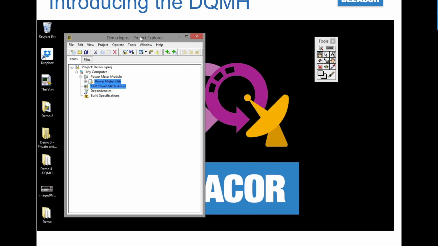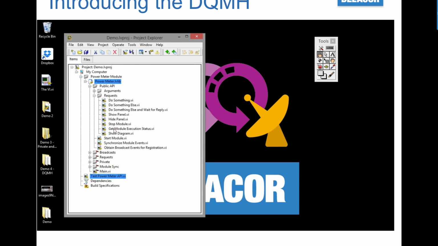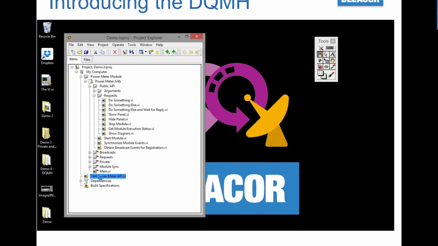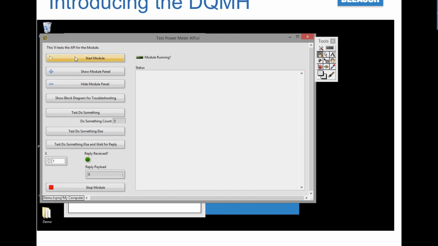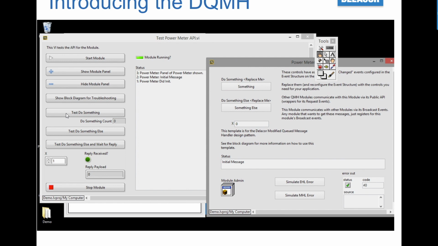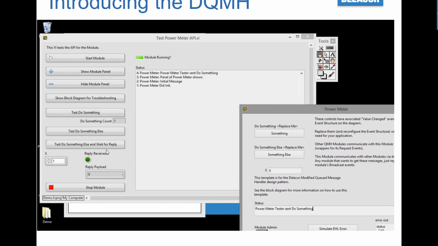Just to point out, DQMH, Delacor Queued Message Handler, is now available on the LabVIEW Tools Network. So here we've added a DQMH module called Power Meter to our empty project, and the scripting code has created the module, and it's also created our API tester. So if I launch my API tester, in its template form,